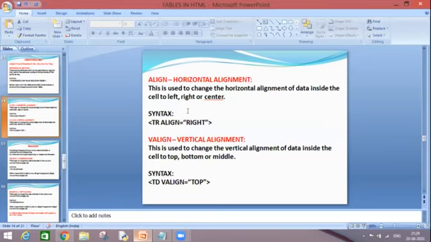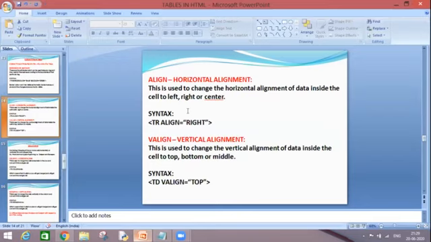I can correlate this with the fact that a row is always horizontal. So if I want to make changes horizontally, I should prefer the TR tag, as I have done here.